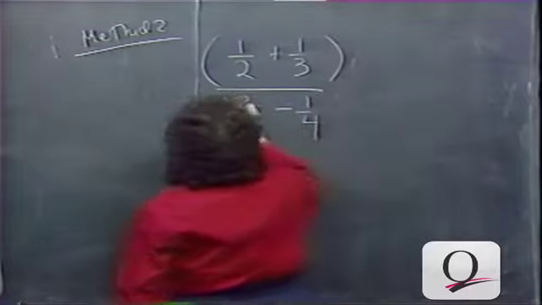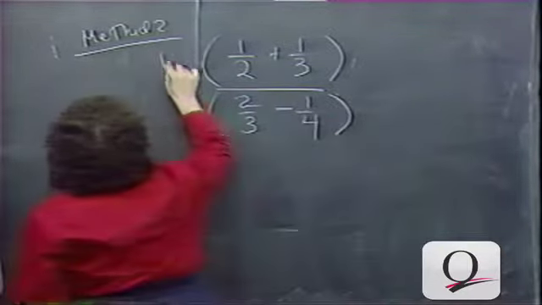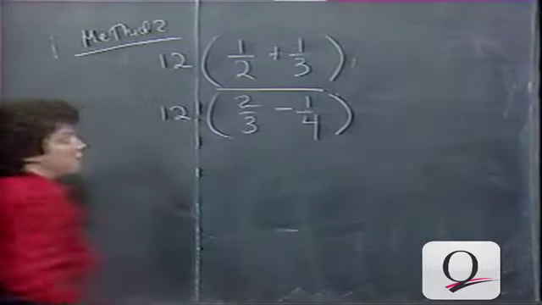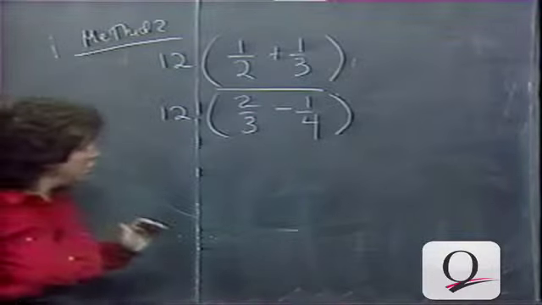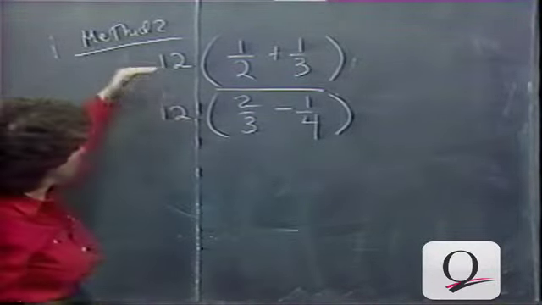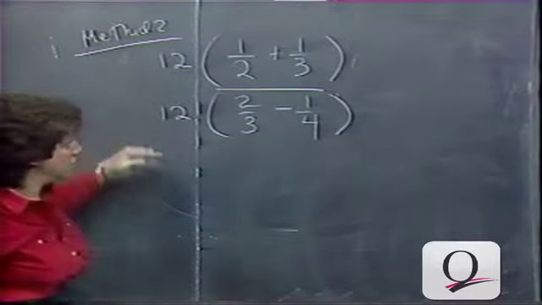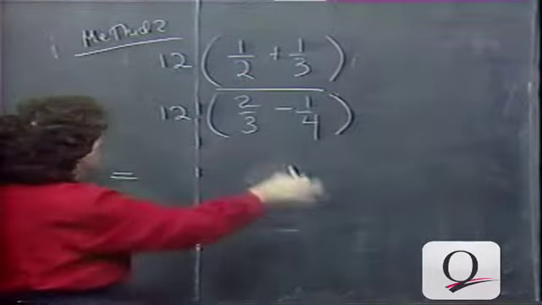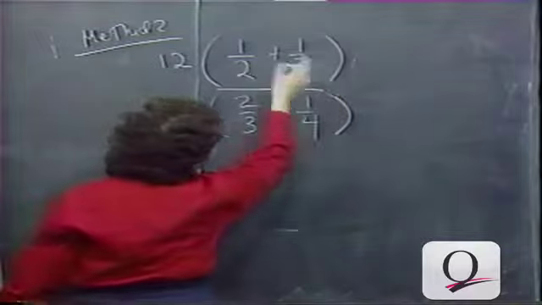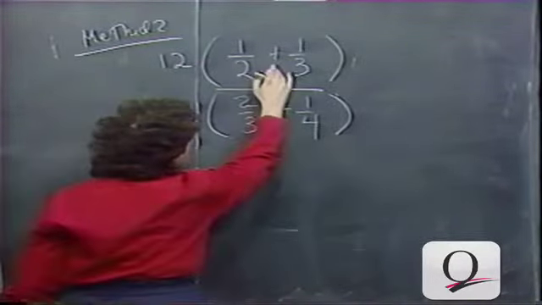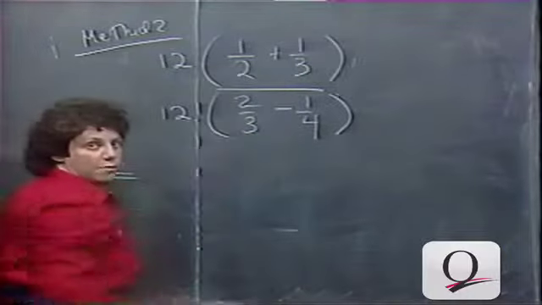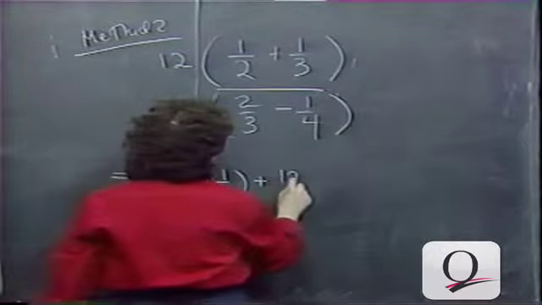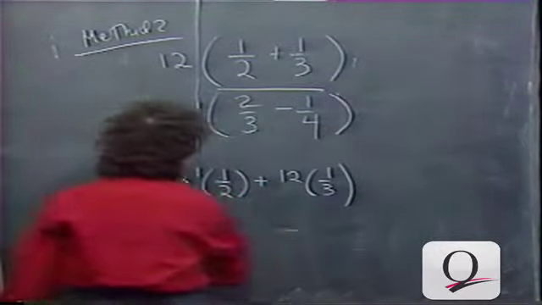And what we do is we multiply numerator and denominator by that number. We multiply the top and the bottom by 12. Remember, the fundamental principle of fractions says we get an equivalent fraction if we multiply the top and the bottom by the same non-zero quantity. Now, I want to multiply using the distributive law. In other words, it's 12 times 1/2 plus 1/3. In parentheses, it's 12 times 1/2 plus 12 times 1/3. Everything has to get multiplied by the 12. So it's 12 times 1/2 plus 12 times 1/3 all over